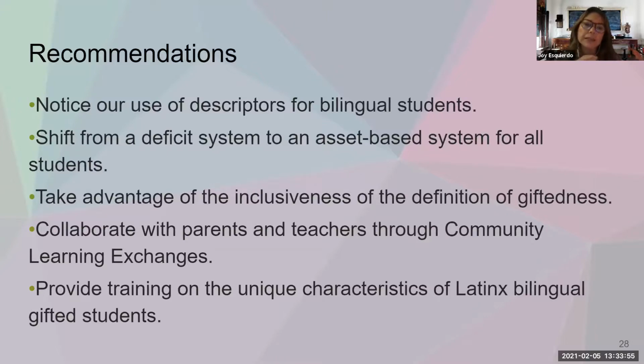So shifting from that deficit to that asset base, looking at that community wealth, and taking advantage of the inclusiveness of our definition of giftedness. So if in your district, your definition is very inclusive, well, then how can we align the matrix that we use to identify our students to that definition, by taking advantage of that inclusiveness? And collaborating with parents and helping parents really understand